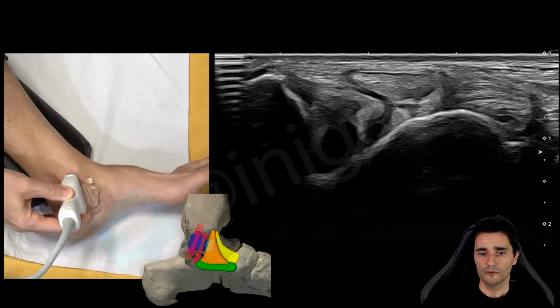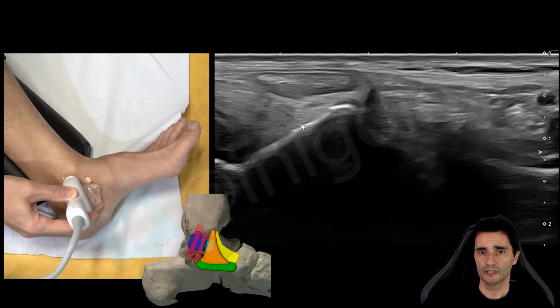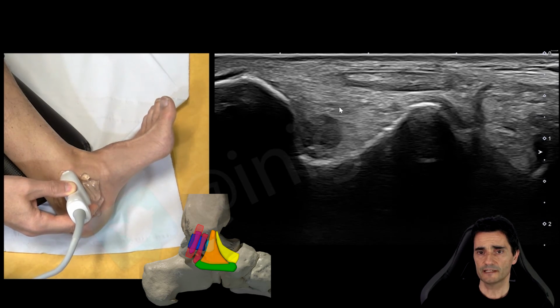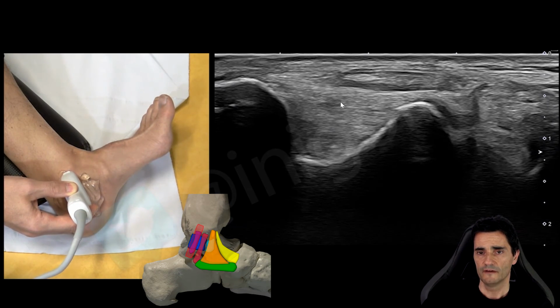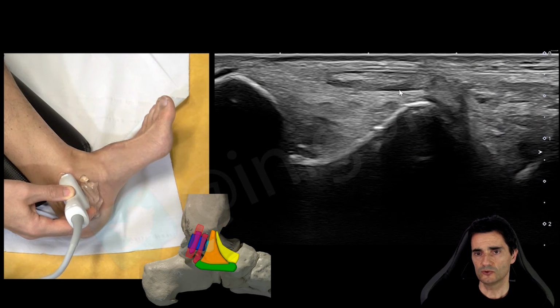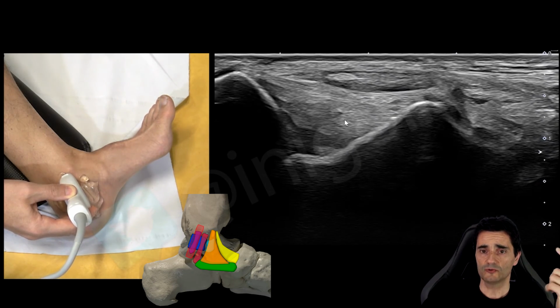If we want a good view of the posterior tibiotalar ligament, we ask the patient to dorsiflex the ankle, and we obtain a tense ligament with this fibrillar pattern here. Very, very good image. And again, we can notice these 2 components, the superficial posterior tibiotalar ligament and the deep posterior tibiotalar ligament here. Okay, if you remember, we told you that this ligament usually has a tiger-like